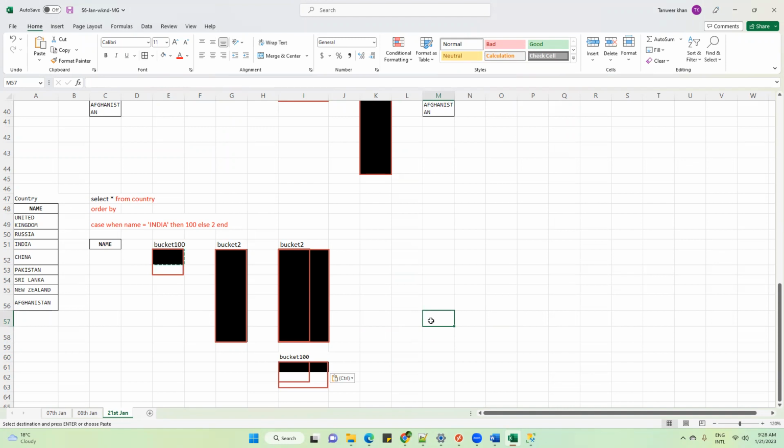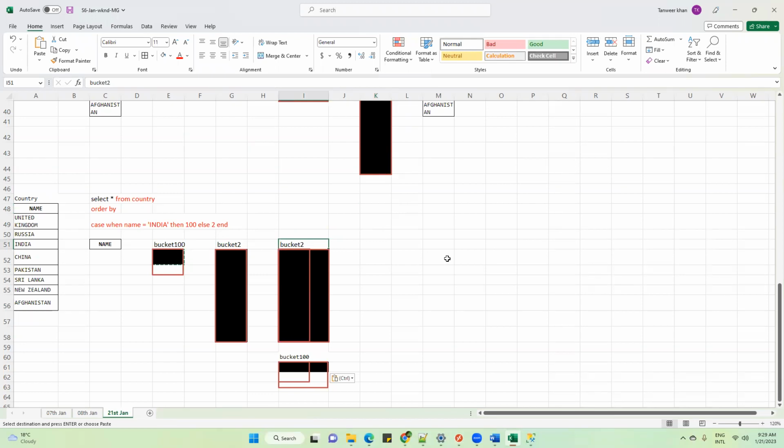The first character in 100 is 1 and 2 is a single digit. So for the first character, will the ASCII code of 1 not be prior to the ASCII code of 2?